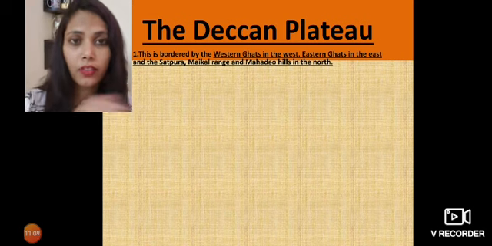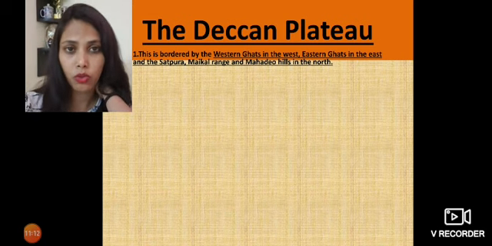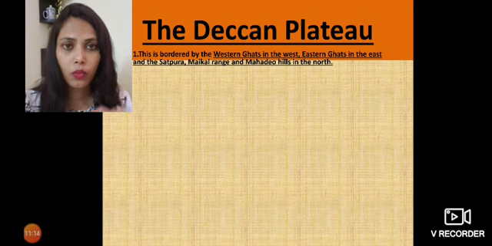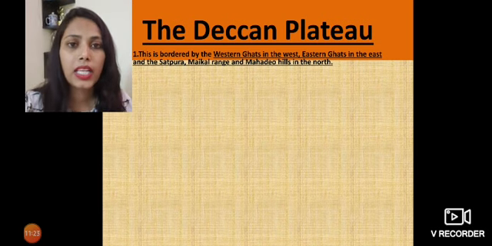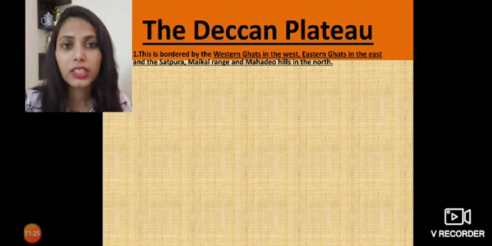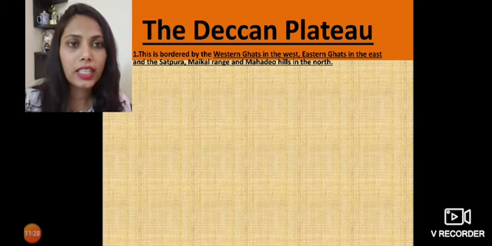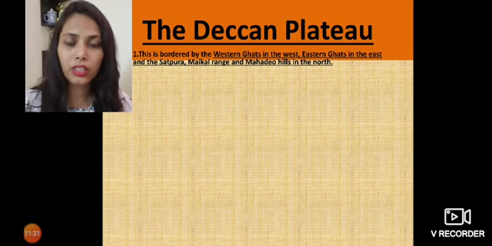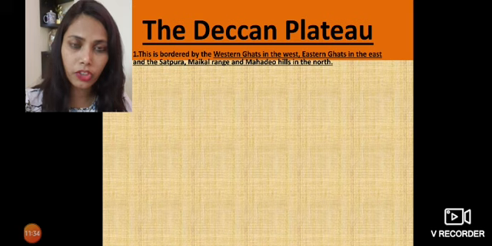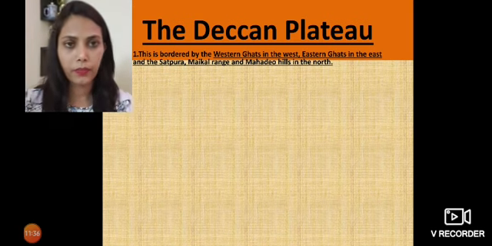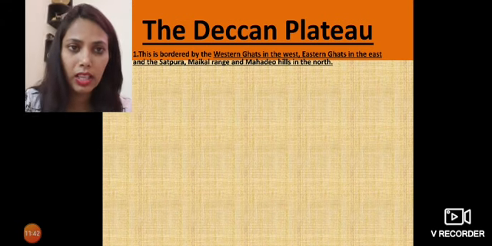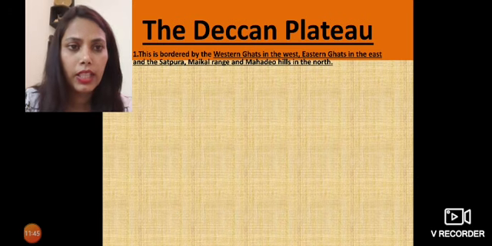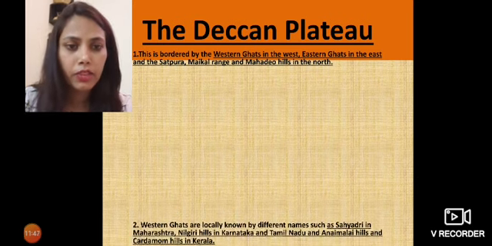Earlier we were studying the features of the whole Peninsular Plateau. We studied that it is an irregular triangle in shape. Important rivers are Narmada, Tapi, Krishna, Kaveri, and the important ranges are Cardamom Hills, Aravali Hills, Nilgiri Hills. Now we are doing the divisions of the Peninsular Plateau, so we'll do the same thing: the ranges in the divisions, the rivers flowing, but this is more in detail. So this is bordered by Western Ghats and Eastern Ghats. Then the ranges are Mahadev and Mekal range.